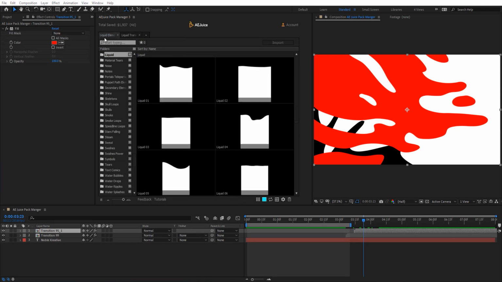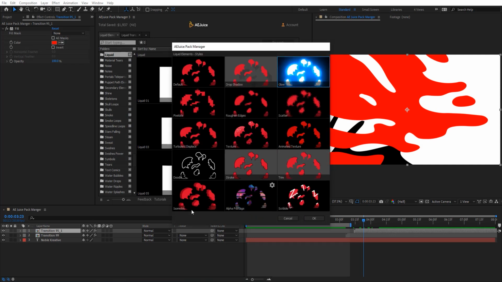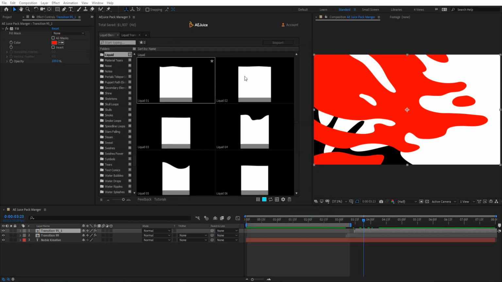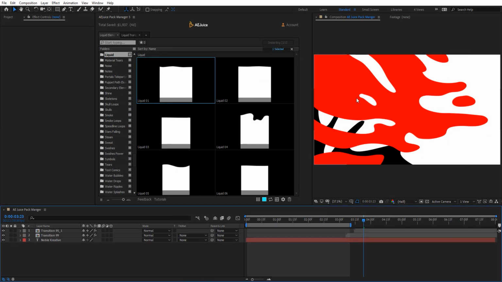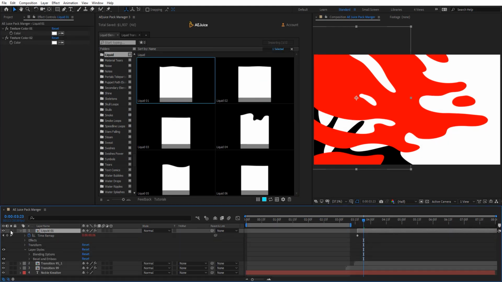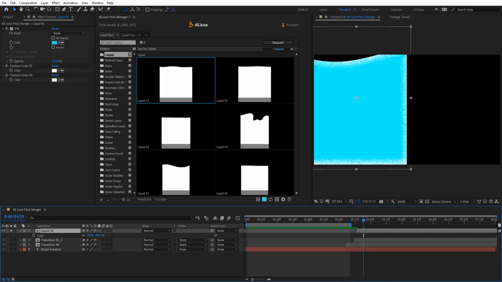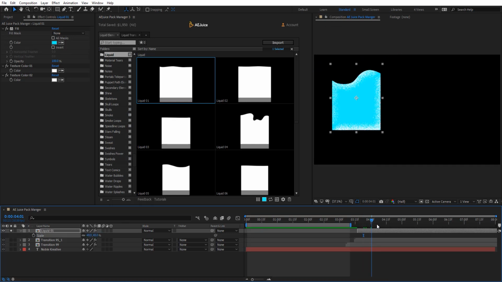Even these liquid elements have these gear icons. So here you got different styles for elements. Let's say this texture style, and let's just drag these and just solo these basically. So now we have this texture style on these elements right here.